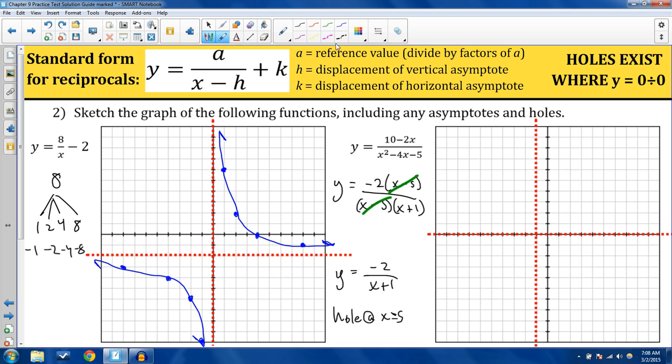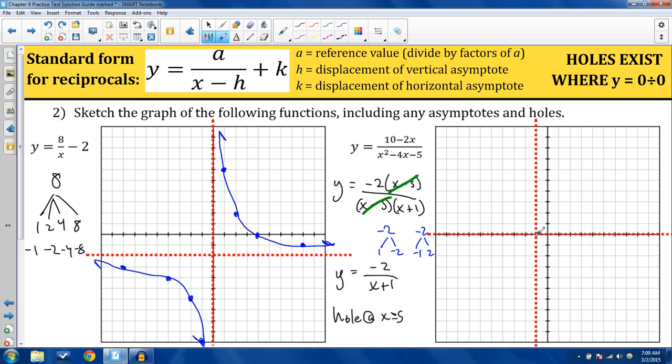In terms of graphing this now, we need to pick everything in relation to, so what are the factors of -2? There's 1 and -2, and there's -1 and 2. There's not much to go off of. So we're going to pick some points. We're going to see what we can do. Like if I go 1 to the right here, then I'm going to be doing -2 divided by -1. Remember, 1 to the right,